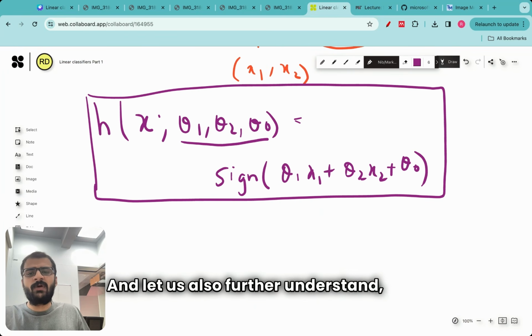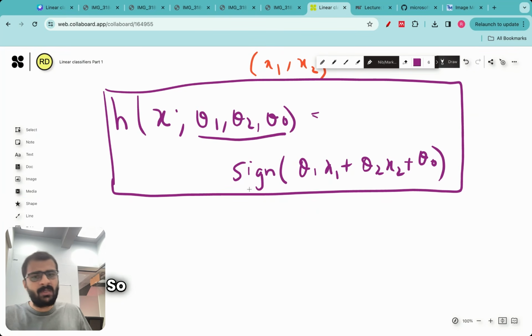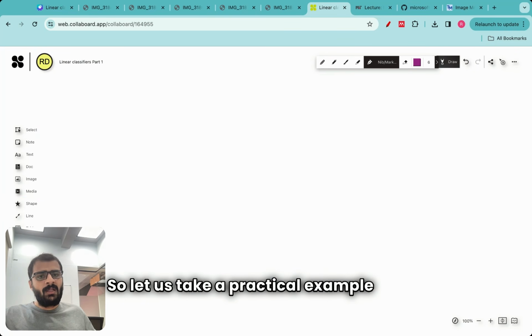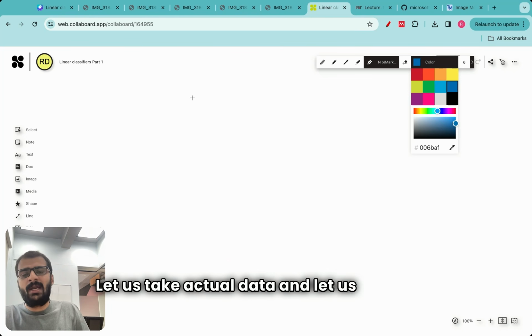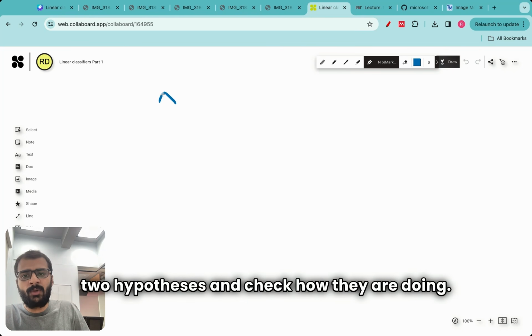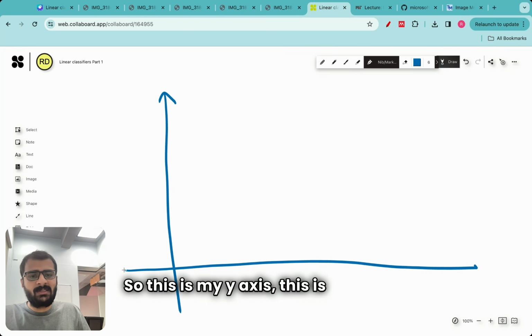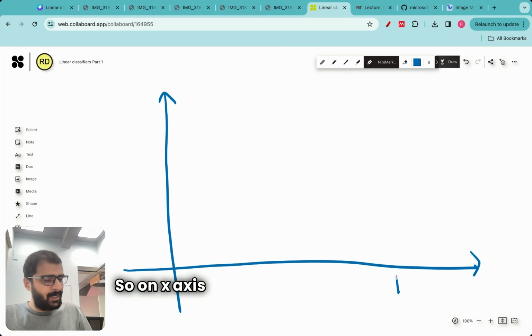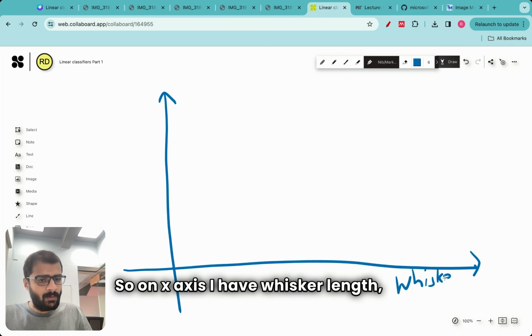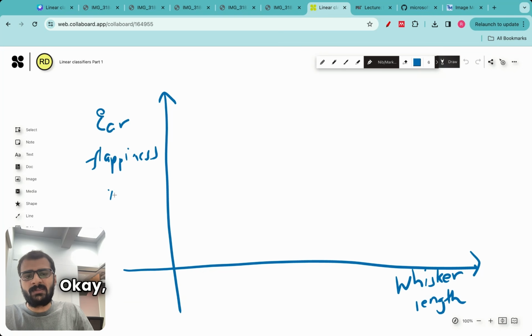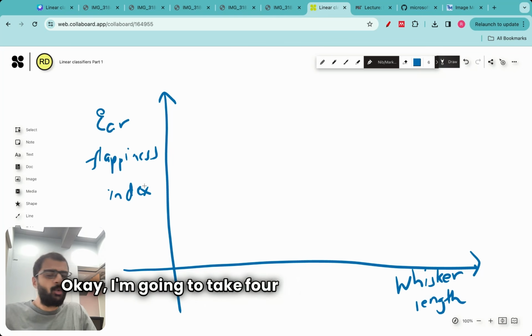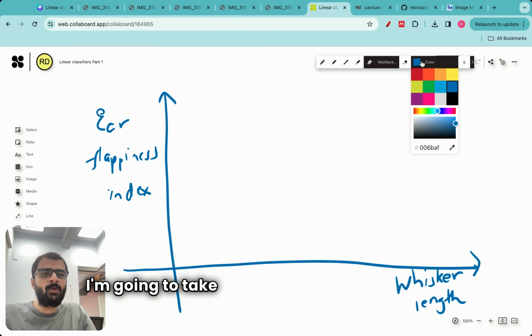And let us also further understand what this sine function really means. So let us take a practical example, which I am going to draw right now. Let us take actual data and let us construct two hypotheses and check how they are doing. So this is my y-axis, this is my x-axis. On the x-axis, I have whisker length, and on the y-axis, I have ear flappiness index. Okay, I'm going to take 4 data points for dog, and I'm going to take 3 data points